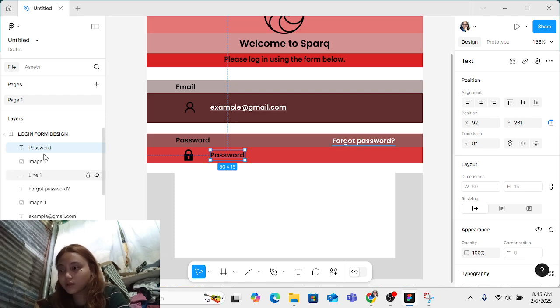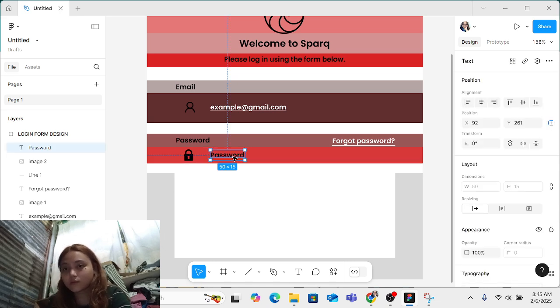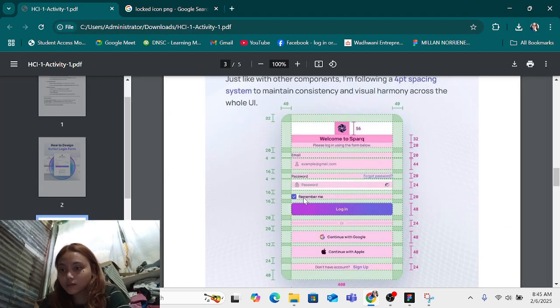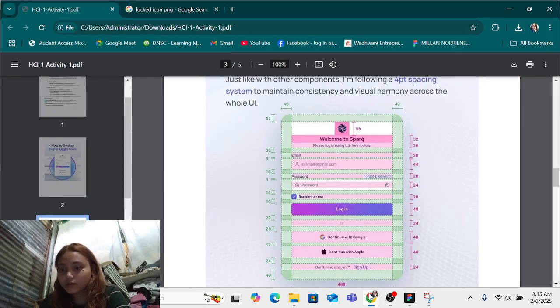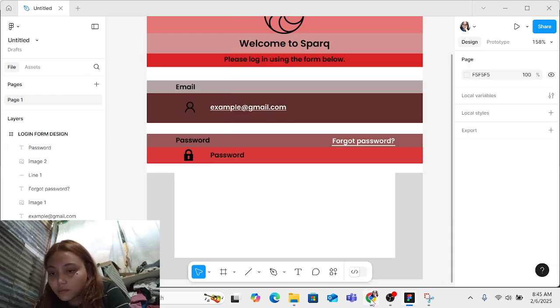Just put it like this, just to see it. Then put password. Okay, that's the thing.